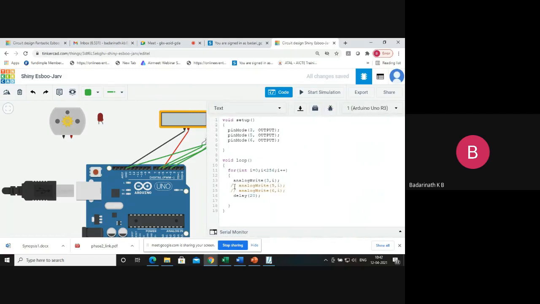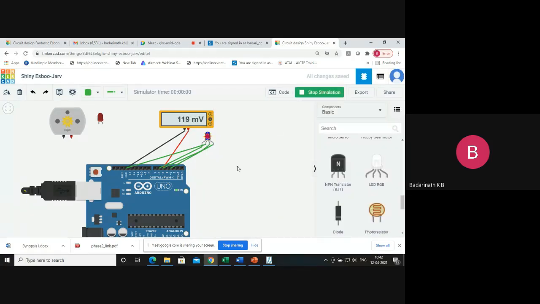Now I will uncomment this one and comment the other one, so now I should be able to get the other color. See that now I'm getting a blue color. Earlier I got green, now I'm getting blue shades. Different blue shades I'm going to get, since the multimeter is connected at that point. Now I'll stop.